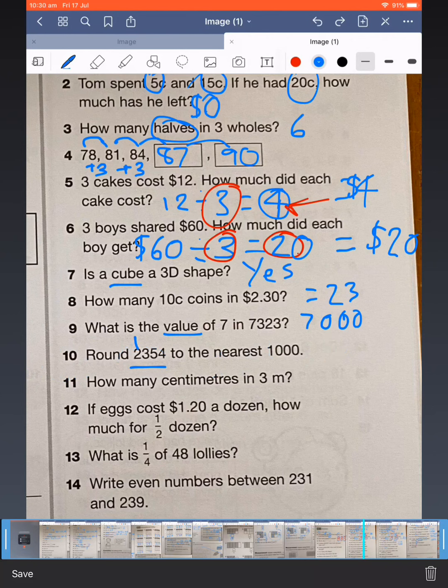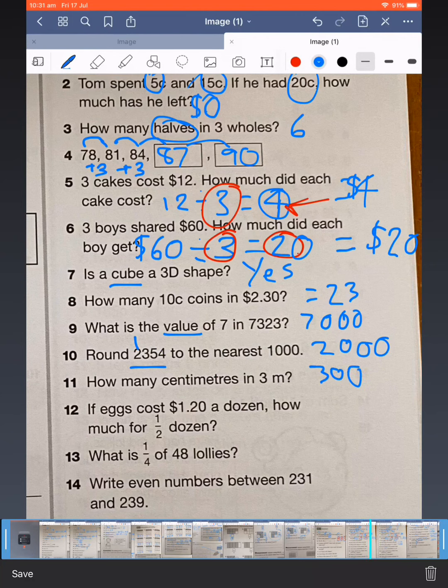How many centimeters in 3 meters? Okay, so how many centimeters are there in a meter? That's what I need to know. How many? 100. That's right. So there's 100 in each meter. And there's 3 meters, so I'm going to times it by 3. Very good. So the answer is 300. Awesome. 300